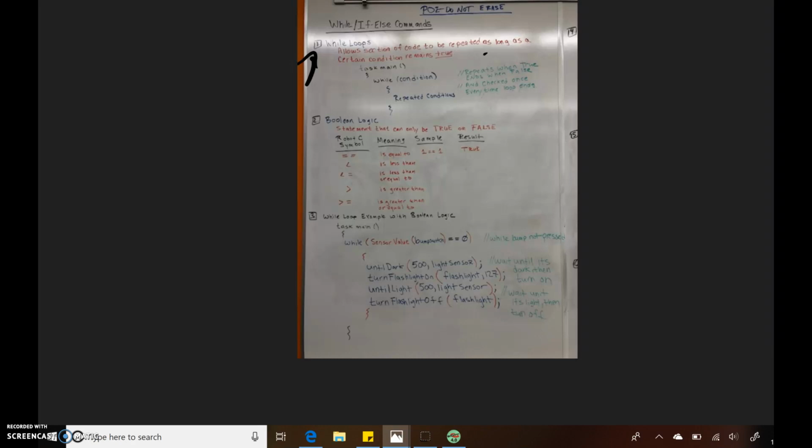So that's an example. The way it would look is, in between your task main brackets, you'd have your while loop. You'd have your condition. In the example I said, that would be when the bump switch was pressed, and then the repeated commands could be something along the lines of the light sensor detecting whether it's light or dark